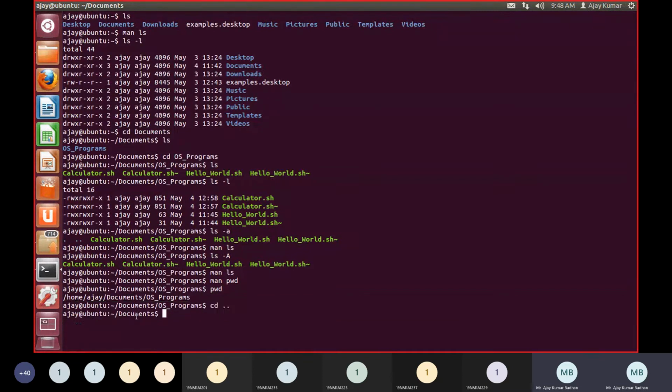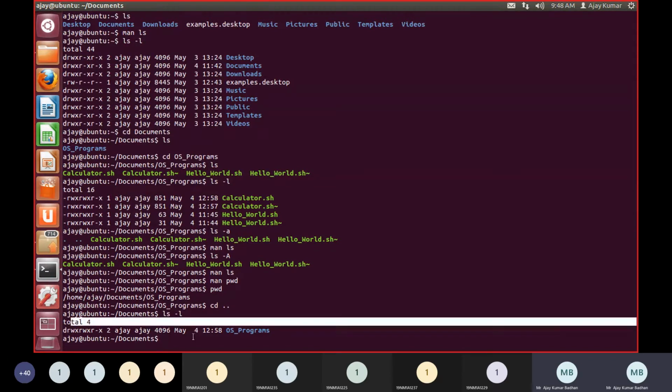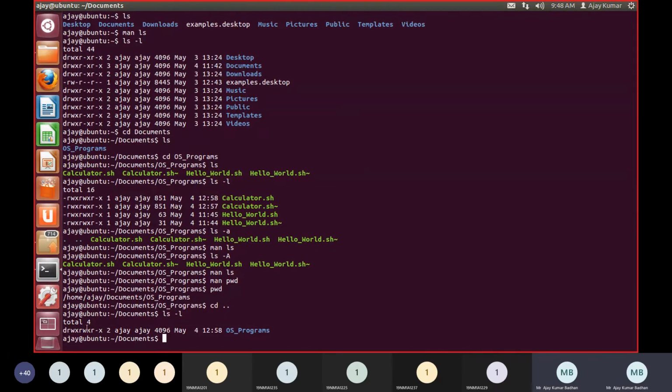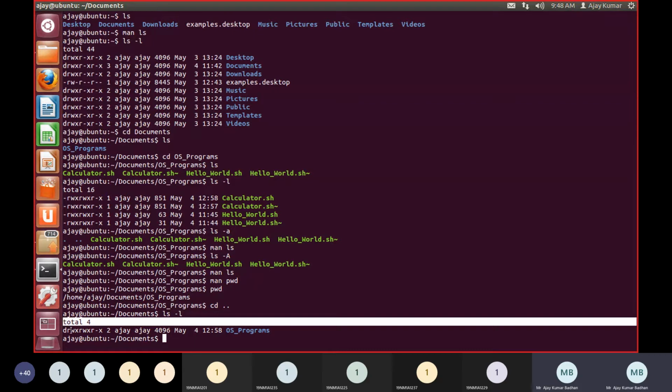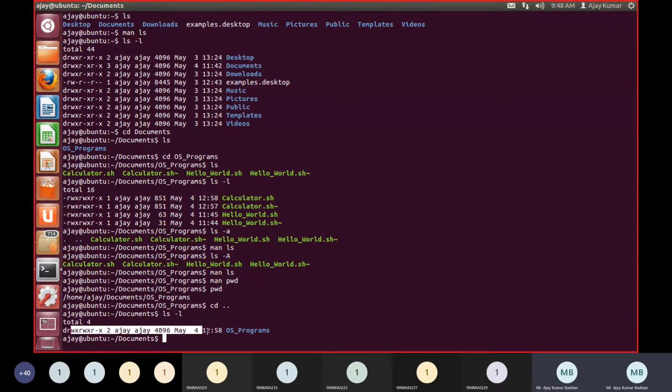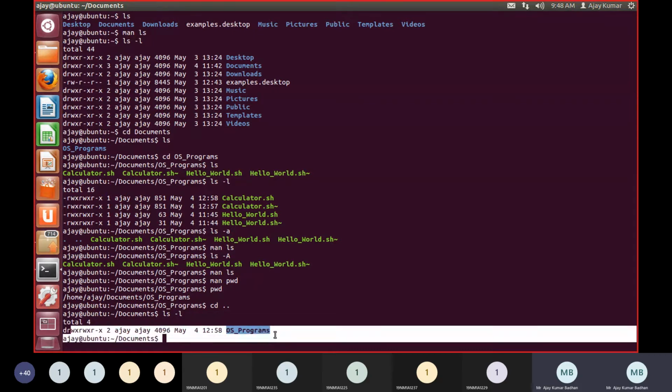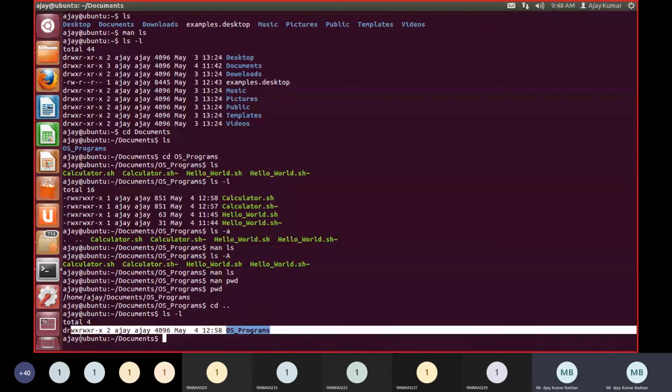And if you want to get information on this, ls slash l, dash L. So the documents folder is having ls dash L. It is displaying that a total of 4 files are there in this. Okay, and here is the information present here. That is the consolidated information presented here, and here is the home directory. You can see that there is a D represented here. So it is a directory.